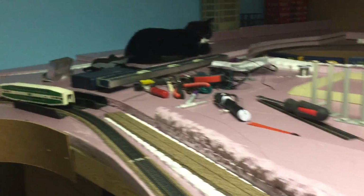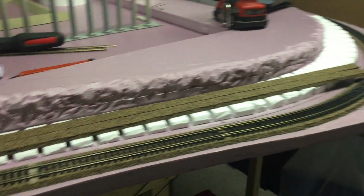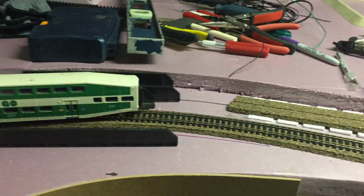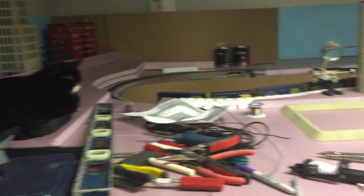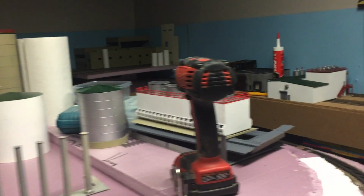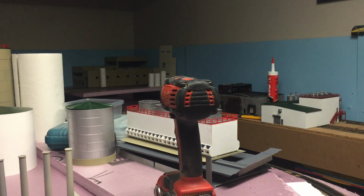And hopefully I can start running trains soon, because if it wasn't for the grades and needing to go over them, I'm going to do like a paper mache type thing over those. But I want to make sure these grades work, and I want to make sure everything can connect, because if one little thing is off, then the whole thing's off, and it just screws up everything, and I'll be upset,